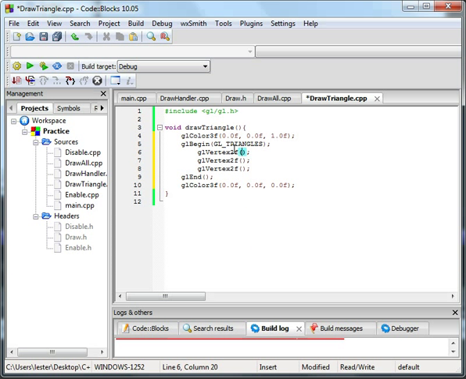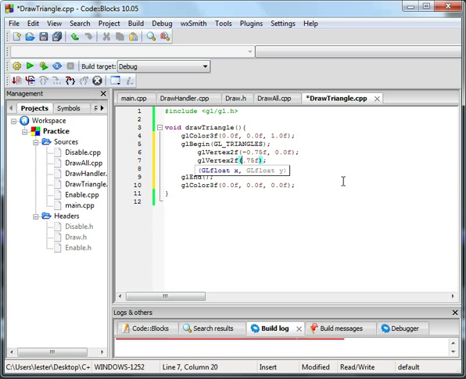So let me explain this to you. We're going to have an x coordinate, and again, this is all proportional to the window. So up here in the top left corner is 0, actually -1, -1. Right here is about like 0, 0. So it goes from -1 to +1, negative 100% to positive 100%. 0, 0 is in the middle. So we're going to make a negative 0.75 floating point, and that's going to be on the 0, y. Here we're going to be